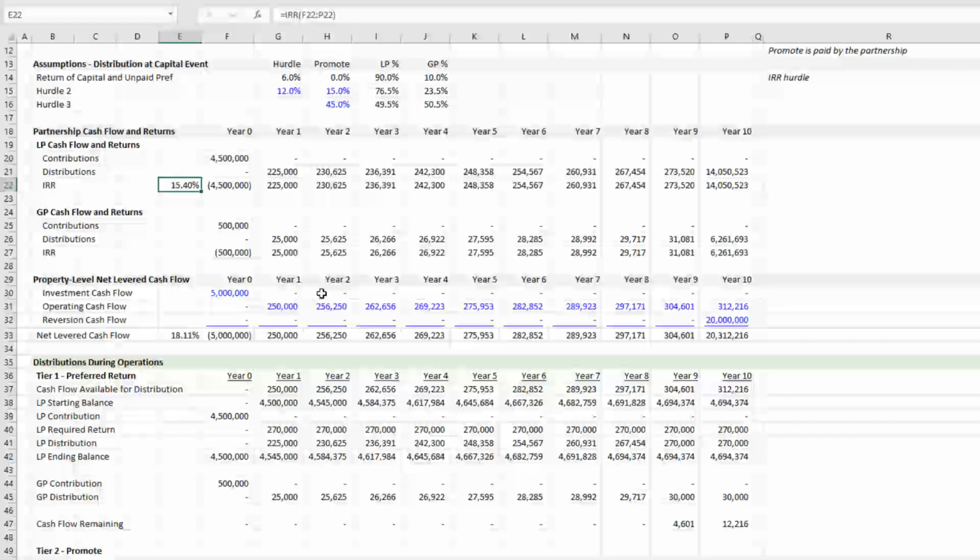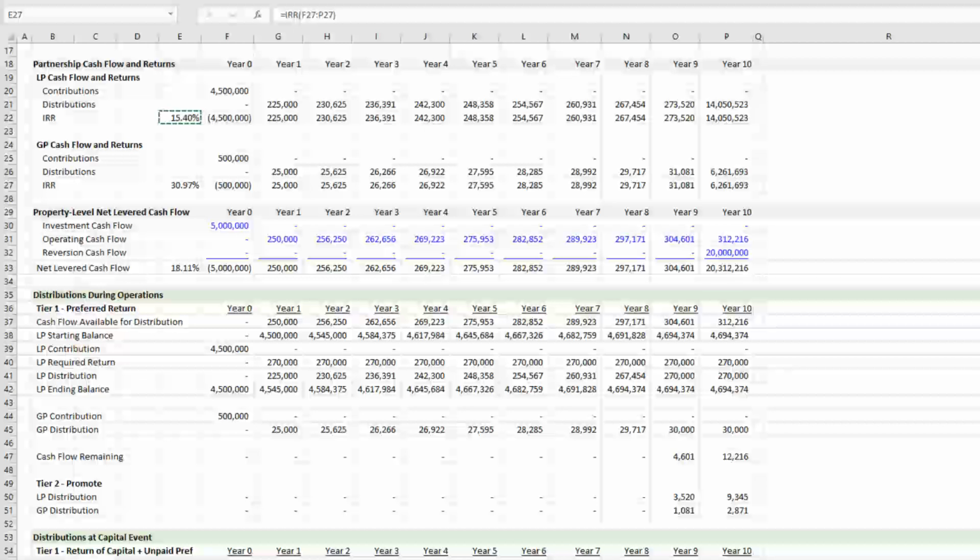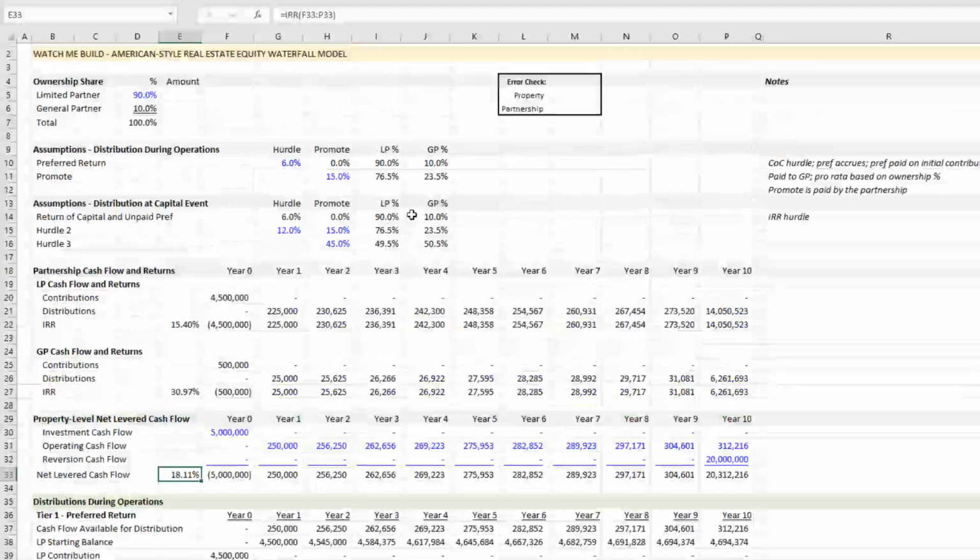And then run our IRR here. And of course, it is above the property level IRR, as you'd expect, because the GP receives a disproportionate share of the cash flows. So now that we've done that,